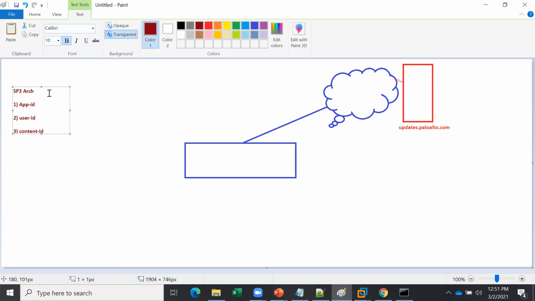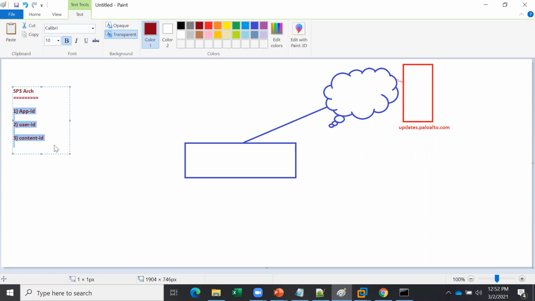Please try to understand all these three things. If you understand these three, then Palo Alto is in your pocket. Apart from this, creating the policies, creating the interfaces, creating the routing table, creating the NAT policies, then monitoring, software upgrade, high availability, those things are common.